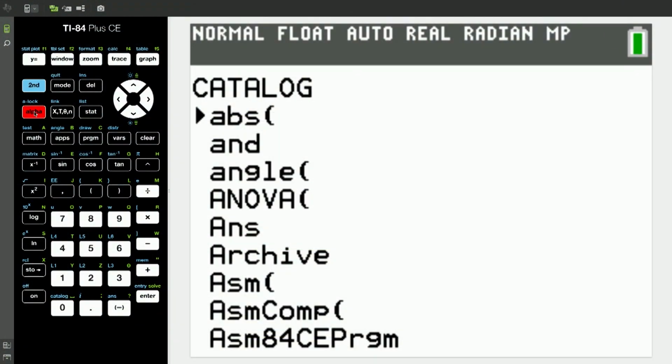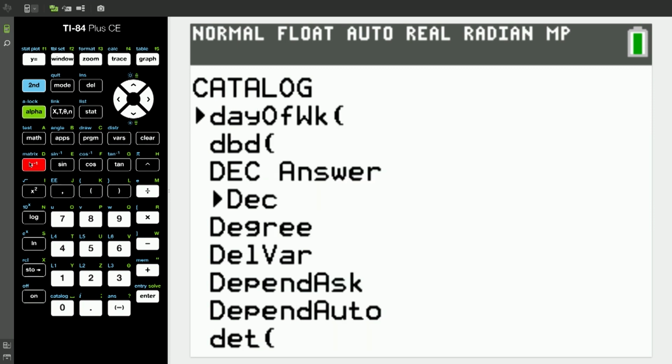You have some options. I tend to be lazy. So instead of scrolling all the way down to the D's, I'm going to cheat. I'm going to go alpha. And the alpha button was what color? Do you see the D that's like 2 under it? See the little green D up there? If I hit alpha D, it will take me to the D's automatically. You may have to do it twice on yours. You only have to do this once, turn the diagnostics on, and then they're on. And then I'm going to arrow down until I see diagnostic.